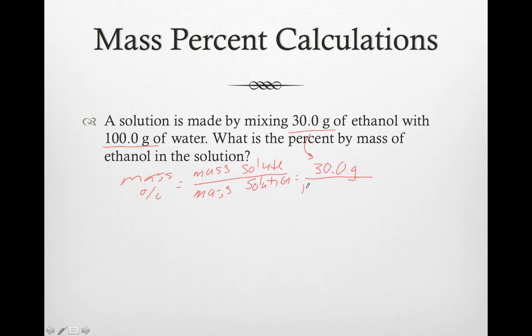So it's going to be over 100.0 grams plus 30.0 grams. That's equal to 30.0 divided by 130.0, grams over grams. And if I take 30 divided by 130, I'm going to get